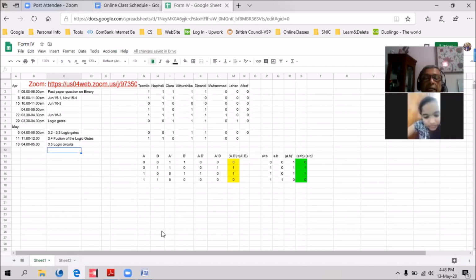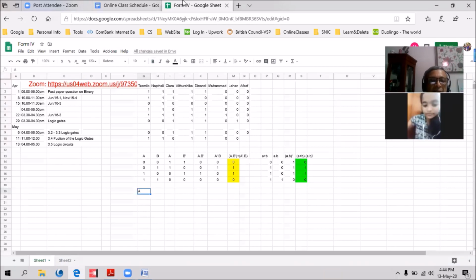Can you type? No, sir. Then I will do it, and you do it in your book. I will do it here because I have restricted all the sheets, since by accident you all delete some. Sometimes the Zoom link is deleted and all that.